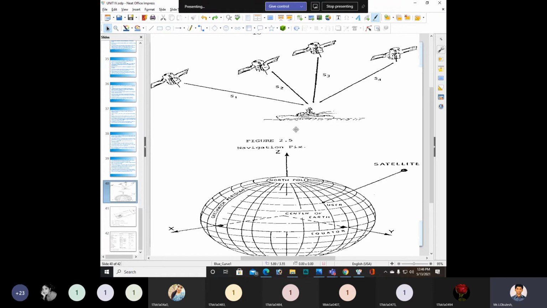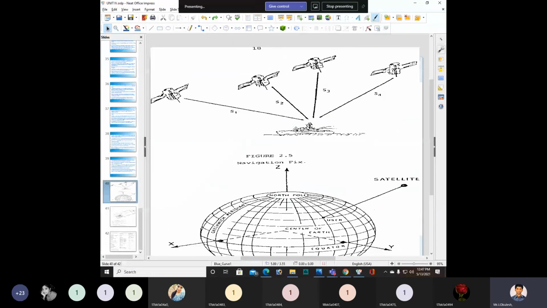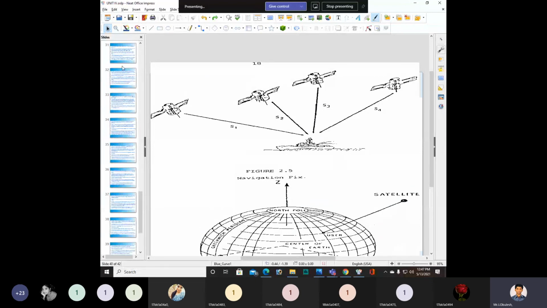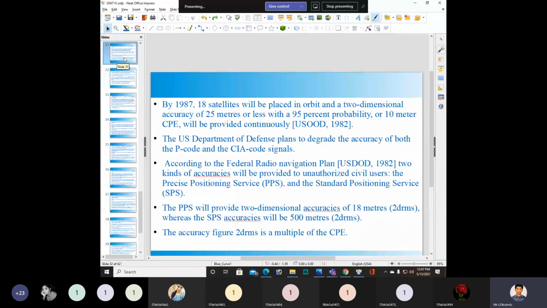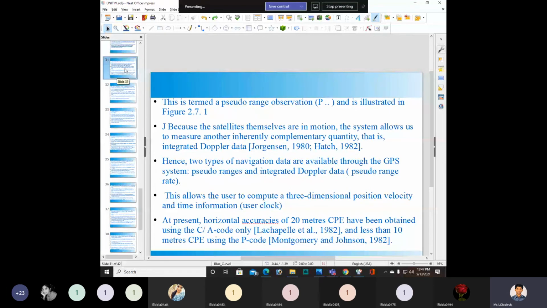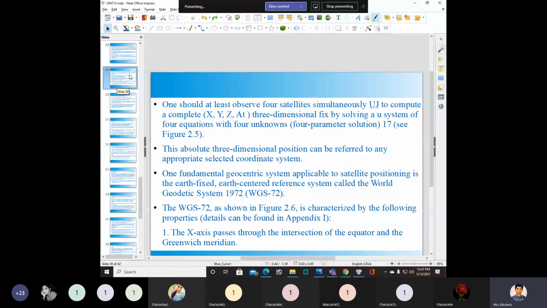So here we are fixing the navigation. We need to see Figure 2.5 carefully. Here we have four unknowns.